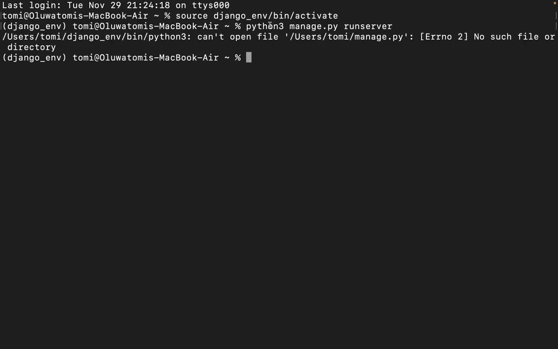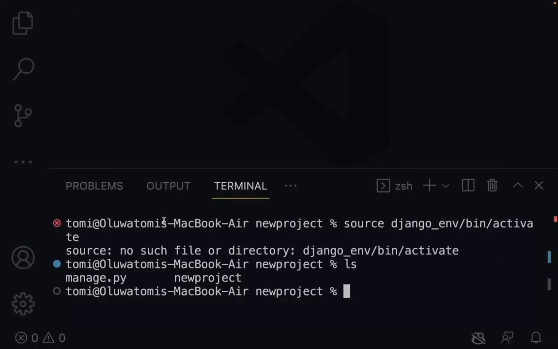If you are on, let's say, Windows, you have to run python. So as you can see, it gave us an error that it can't open manage.py. That is because we are not in the folder where this project is. So note that you want to create your virtual environment in the same folder as your project, so you don't